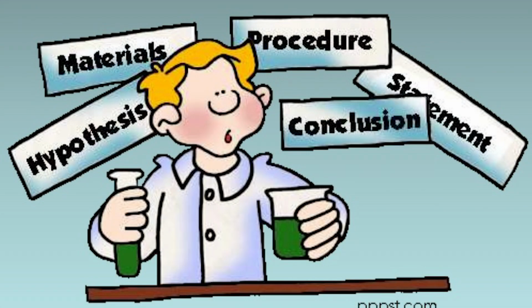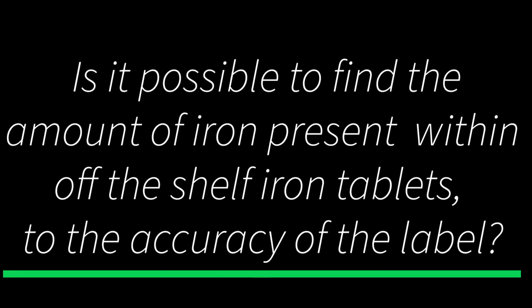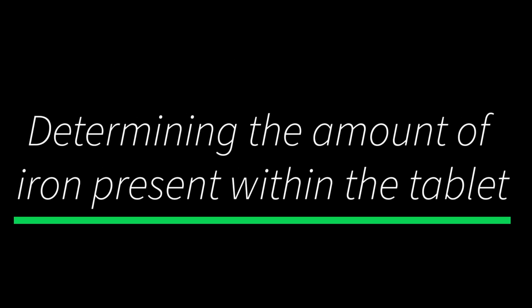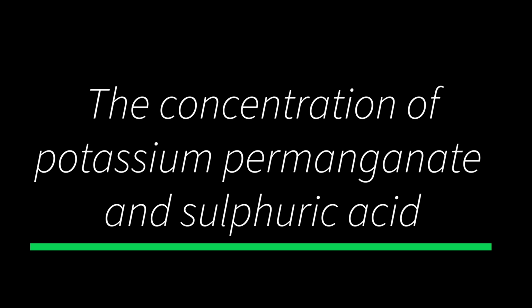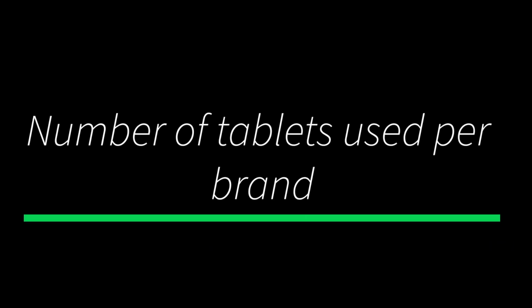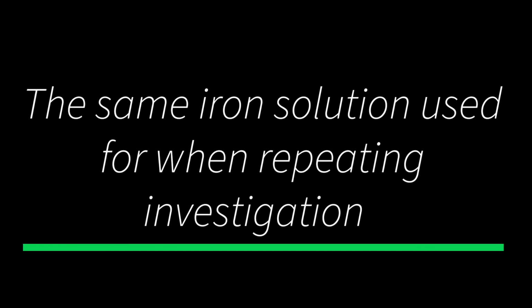For this investigation, we will start by identifying some important information, such as the inquiry question, hypothesis, and variables. Our inquiry question is: is it possible to identify the amount of iron present within off-the-shelf iron tablets to the accuracy of the label? Our dependent variable, or what we're finding, is the amount of iron or Fe2+ present in each tablet. Our independent variable will be the brand of iron tablets used, and finally our controlled variables will be the concentration of potassium permanganate and sulfuric acid, number of tablets used per brand, and the same iron solution when repeating